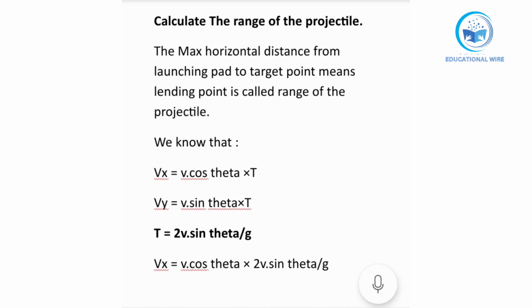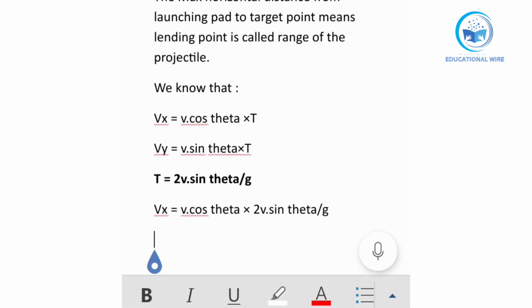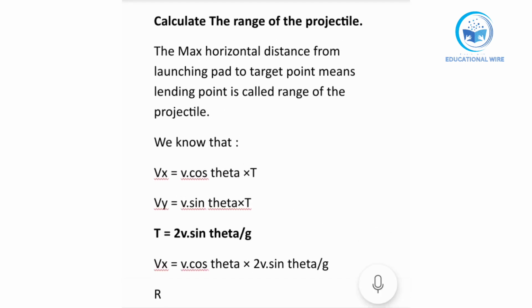Okay, so this equation I have put over here. After that, in the place of Vx we will put a sign of range, as I explained in yesterday's video, that there are many signs of range of projectile. One we are representing with x, one r, one rh. So here we are representing with r, that r is equal to, now here we are having v, one v